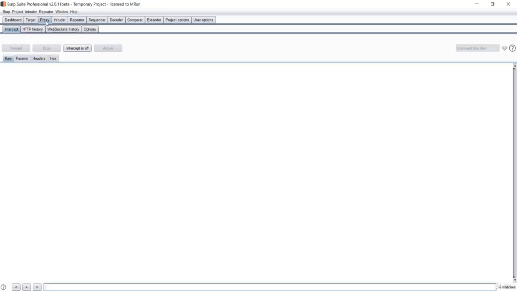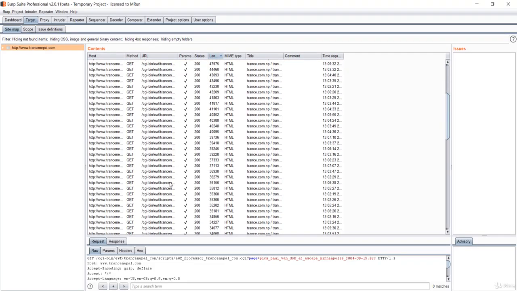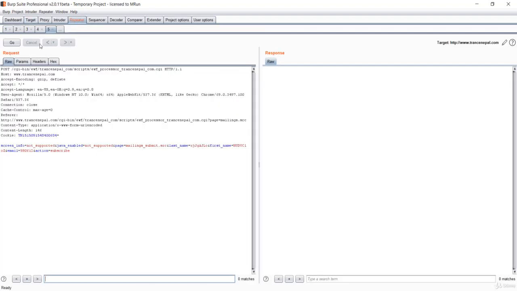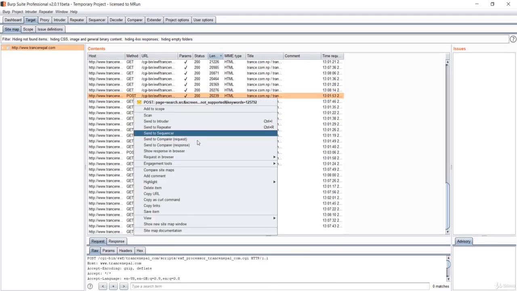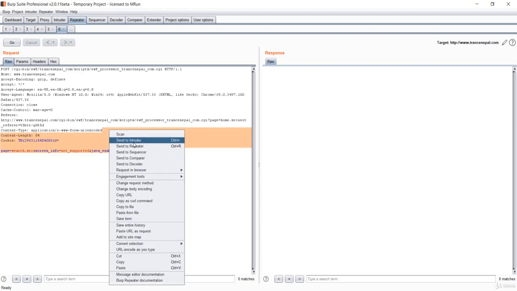So now let's go again to the target, and you could see that we have a bunch of URLs. You can test them out. But now let's make use of this same POST method, because we know that the other one was not vulnerable, the another POST method was vulnerable, so it is right here. So let me send this again to the repeater, and you could see this keyword was reflected. That means I'll send this to the intruder.